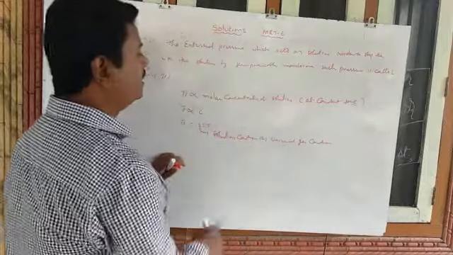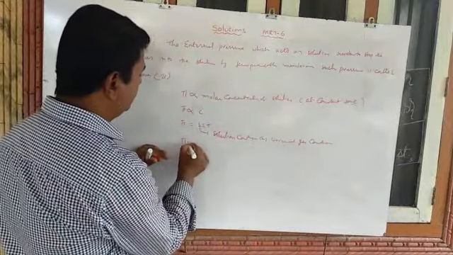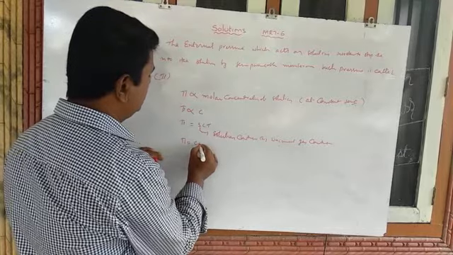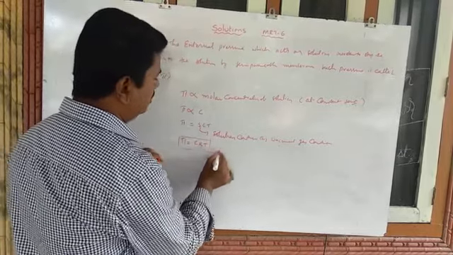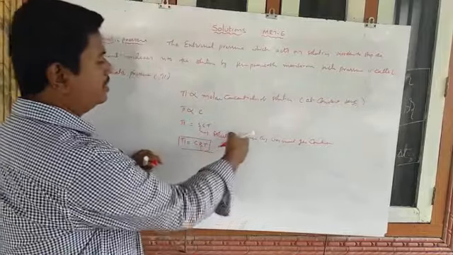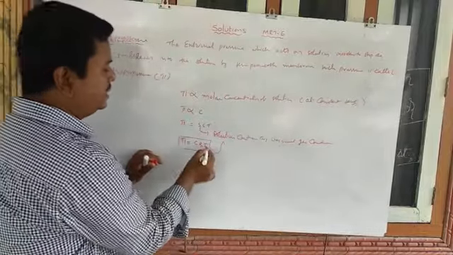That means the equation will be changed as pi equal to CRT. Here C is the molar concentration, R is the universal gas constant, and T is called the